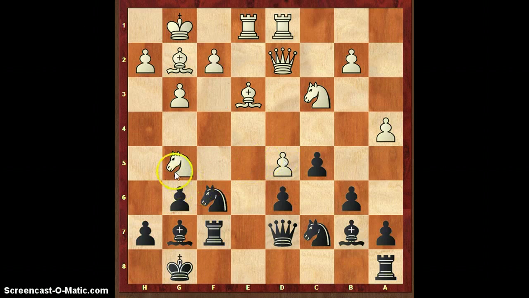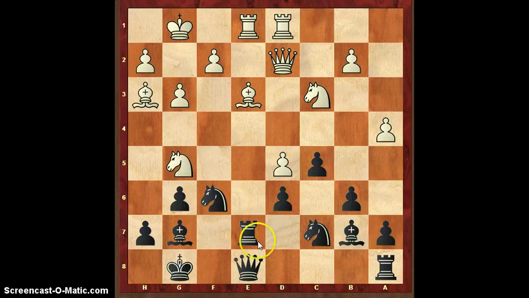Zak played knight to g5 attacking the rook on f7, also making protection for the bishop to come to h3 attacking the queen on d7, so Rashid moved his rook from f7 to e7, bishop to h3, queen to e8 in line with the rook, and Zak played knight to e6, attacking the knight on c7, also the bishop on g7. Rashid captured knight with knight, and Zak captured knight with bishop. This is check, and we have a critical position of the game.